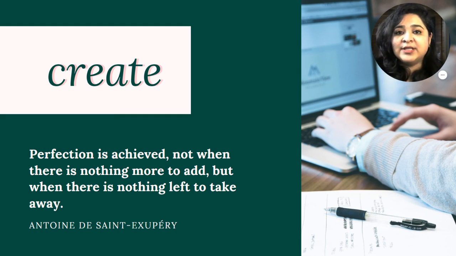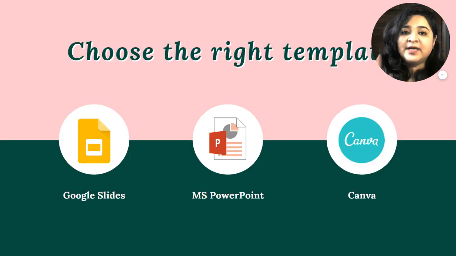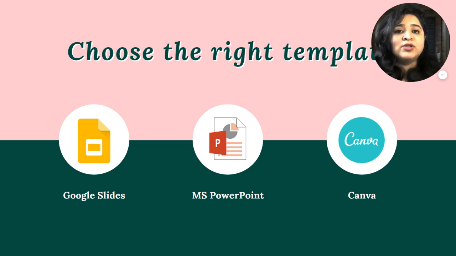I'm going to reiterate this point, which is why we are going to look at designing a presentation in a way that is just going to be an additional aid and not replace the entire thing that you're going to say with whatever is on the screen. All right, so that's what we are going to learn to implement today, beginning with the first thing, which is choosing the right template. Now, a lot of us might be using Google Slides or Microsoft PowerPoint or Canva to create our presentations. But whatever tool you're using, it's important to start with the